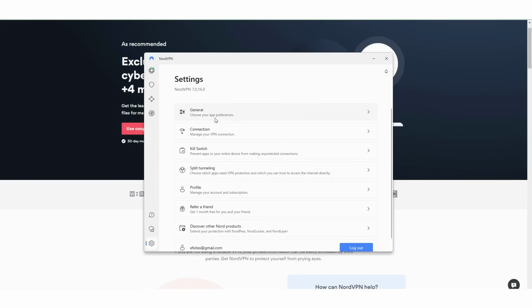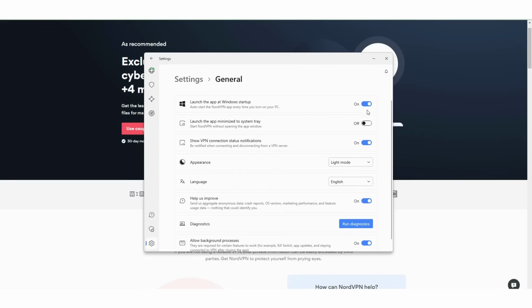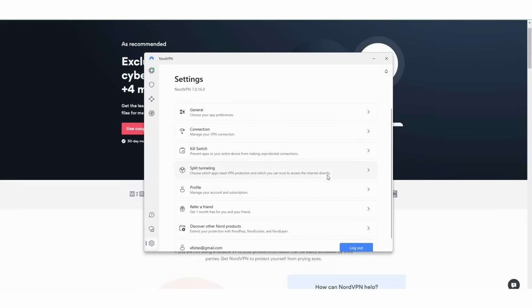Over here, of course, we have the general section. The connection tab is right here, and you can expand on these just by clicking on them. And so just be very careful that you don't turn on any function that you'll find that might confuse you. Like for example, kill switch. The kill switch gave me such a problem when I didn't understand what NordVPN exactly does, because just so you know, what a kill switch is basically